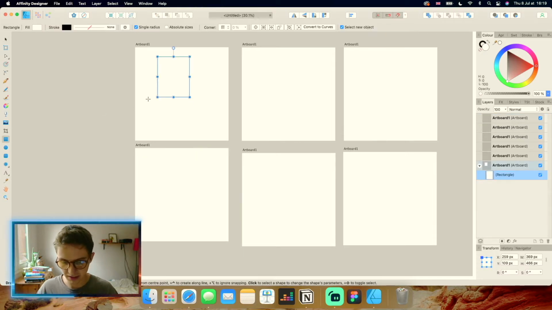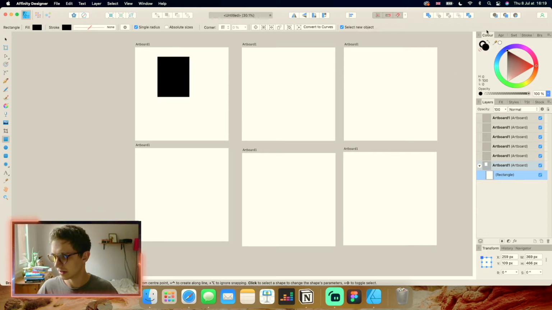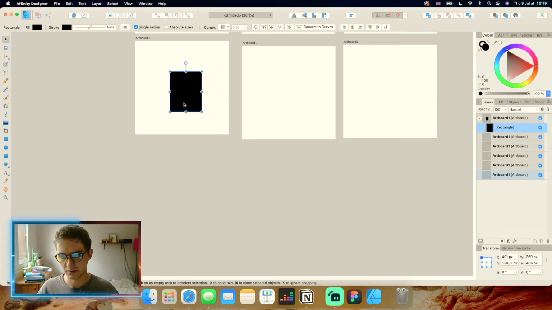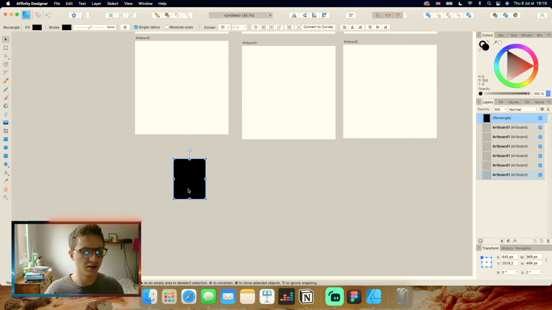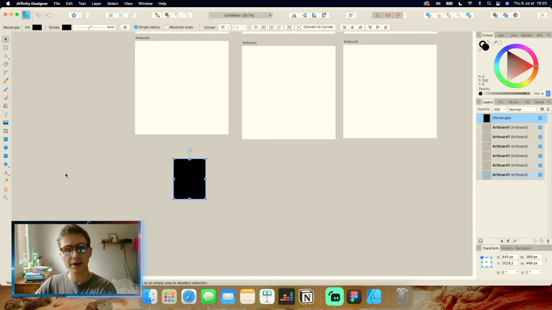And as you can see, I can also drag them out and work. Let's actually put a black fill on this. I can work around and work as you would work in Illustrator. Well, I'm starting to talk a little bit weird because I'm running out of things to say, which means it's